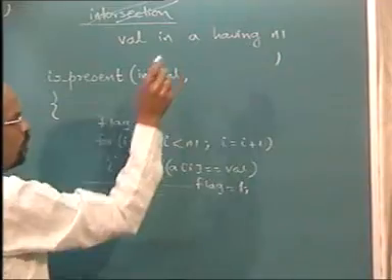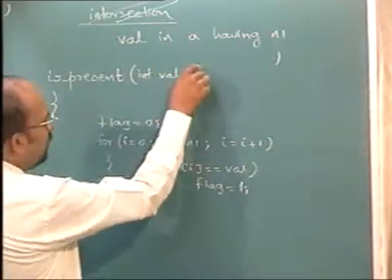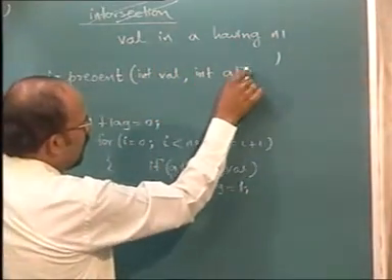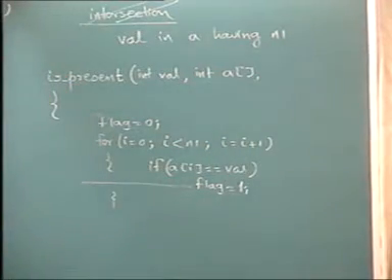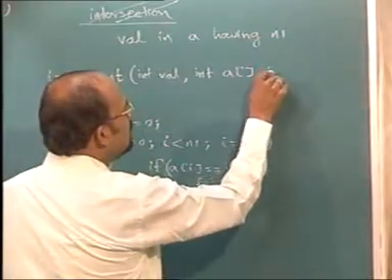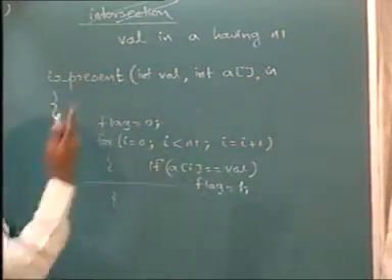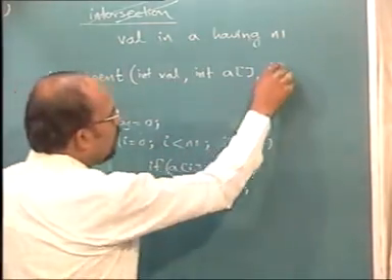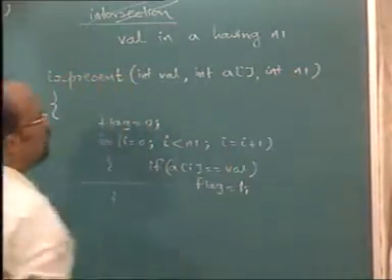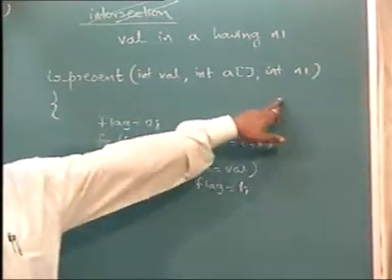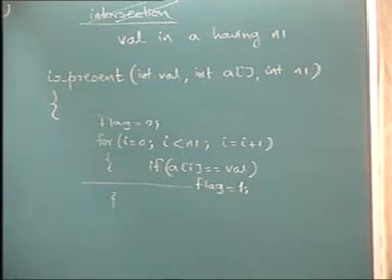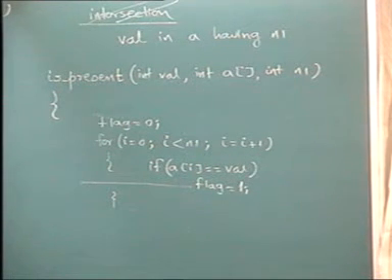So what you will be giving me is precisely the same: value to be searched, array name, in which array we write empty brackets when it is passed as a parameter. That's a convention. And you should also tell me how many elements are there, otherwise till how long can I check. So you will have to also tell me n1. So we will read it as is present val in A having n1 elements. Answer will be yes or no. That means true or false. That means integer.